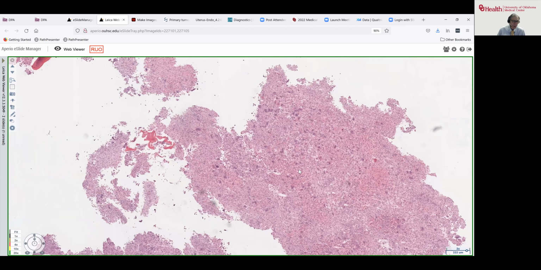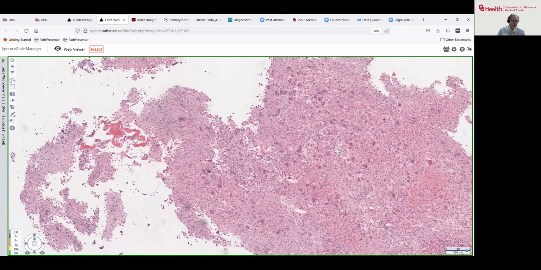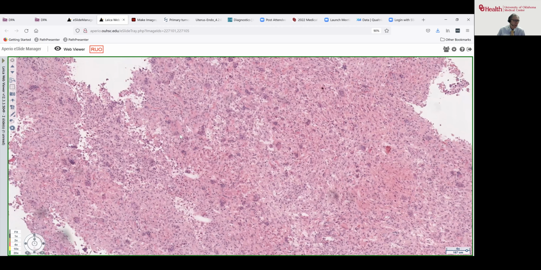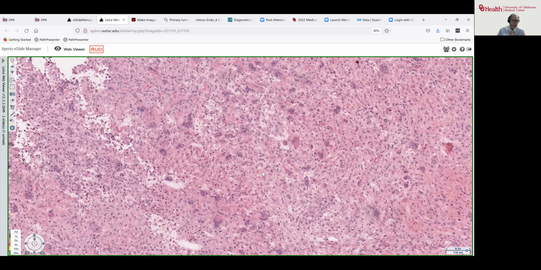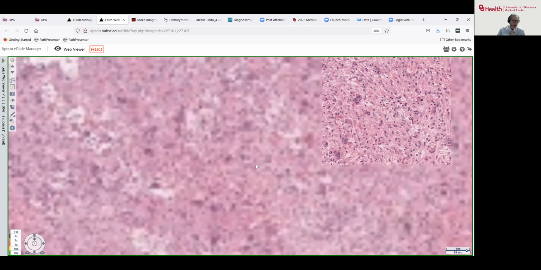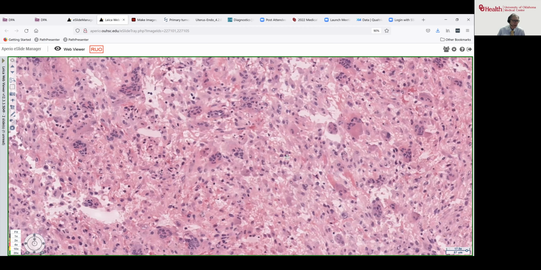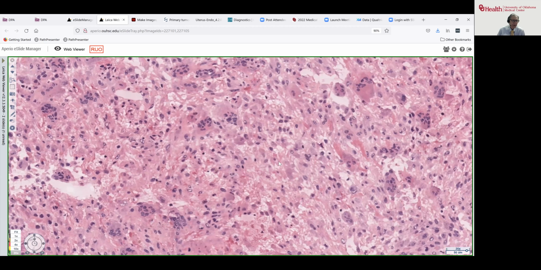Well, as you've no doubt already identified at low magnification here, we see these scattered giant cells within the lesion, which is fairly cellular and includes a number of other cells along in the background as well. A little bit pink, sort of fibrotic appearing perhaps, and coming into higher magnification,